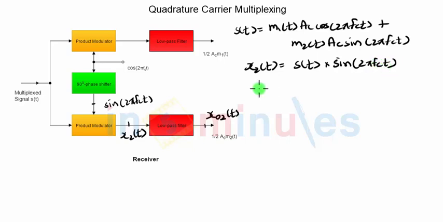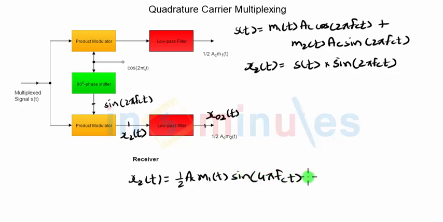We'll write down the final expression directly once again. X2 of t is equal to, you can see first we will multiply sine with cos. So we'll get sine into cos with the same angle. So we will again use the formula of 2 sine theta cos theta. So that will give me half AC m1t sine of 2 theta, which will make it 4 pi fct plus,